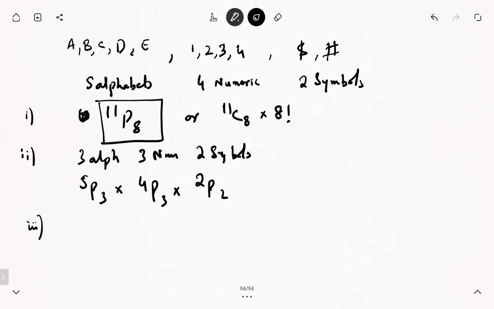Okay, now the next third part is that the password must include two symbols. Must include both symbols. There are different ways to do this. So I should keep in my mind that those two symbols I have to take anyway. They are selected to make the password. Only I have to take out